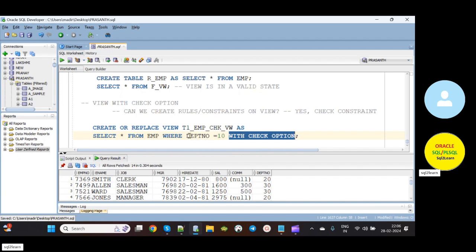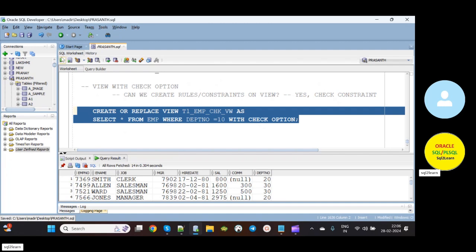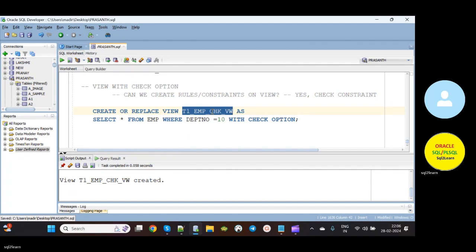That means you are creating a check constraint on the department column saying that the value should be 10. Okay, I will show you clearly how it works. Now I am creating a view with check option. See, now our view is created. Select star from T1_